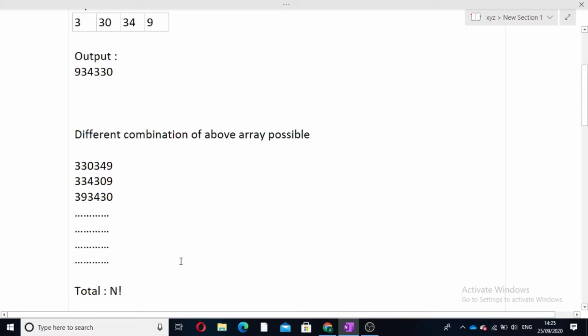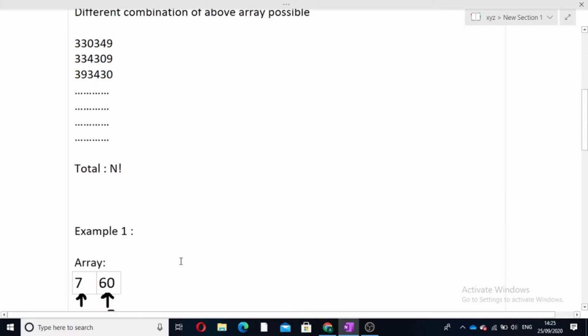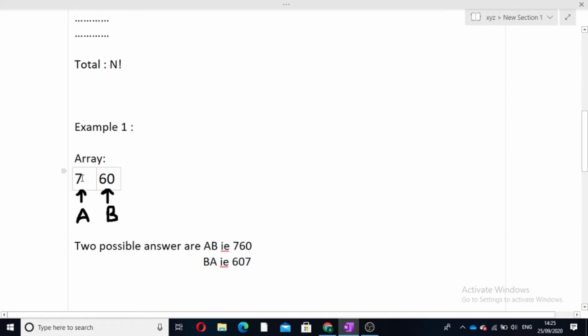So now let's understand this question with an example. Suppose we have an array which has only two elements in it. Consider the first element as a, that is 7, and the second element as b, that is 60. Now in this case only two arrangements are possible, that is either a comes before b, that is ab, or b comes before a, that is ba.